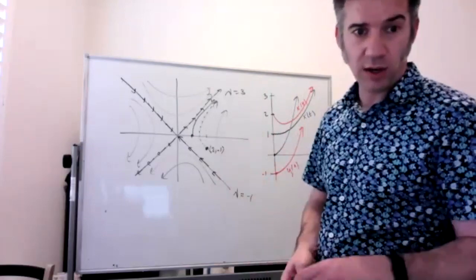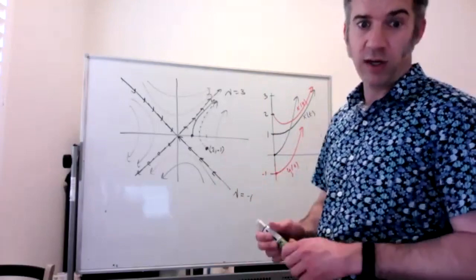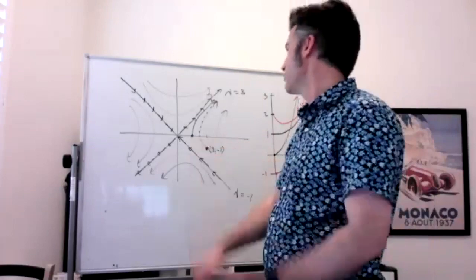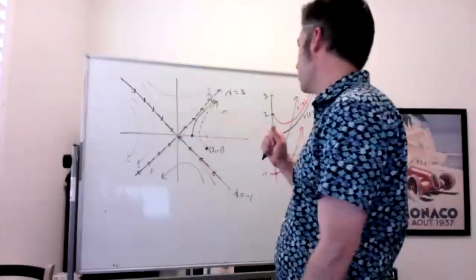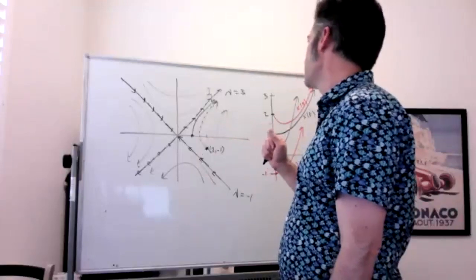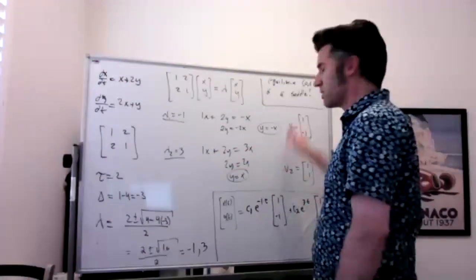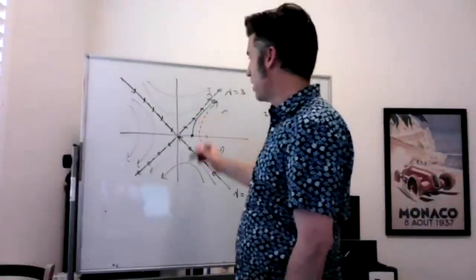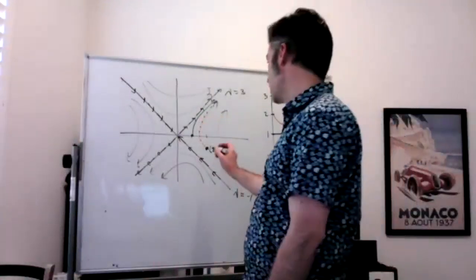The last question here: if our initial condition is 2, 2, draw the trajectory of x of t, y of t. So if we start at 2, 2, oh man, darn it. I meant to do the one that was on the negative eigenvalue, but I screwed it up. Sorry about that. Did I screw it up, or did I screw up my graph? No, that's right. Oh well, I knew I meant to change something. So let me ask the question I really meant to ask. If we start at the point 2, -2,